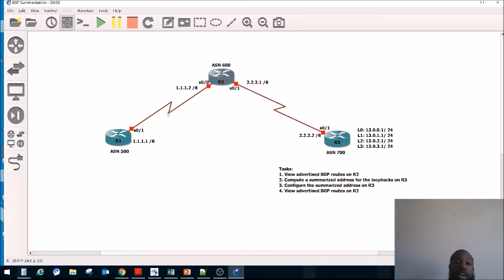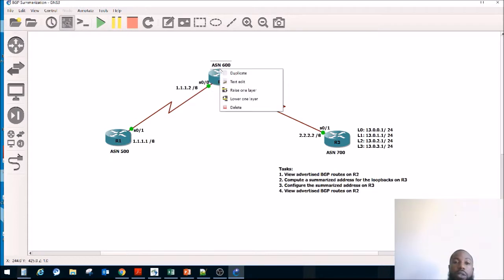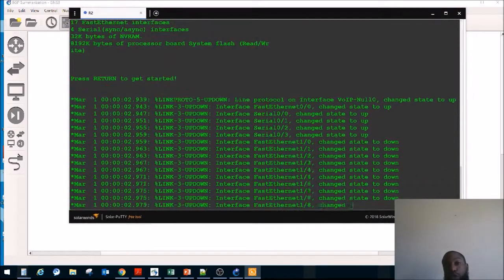They're going to have multiple entries for these loopbacks. Obviously, we want to combine them into one. So the first thing we're going to do is view the advertised BGP routes on router 2. Let's start these bad boys up. Console into router 2. We are going to do